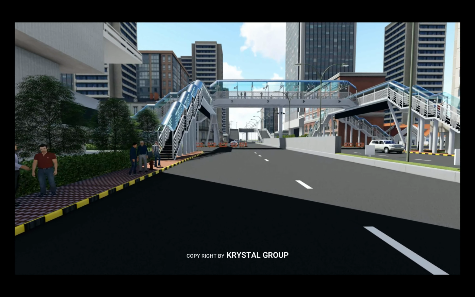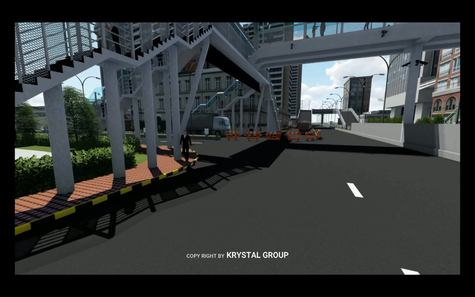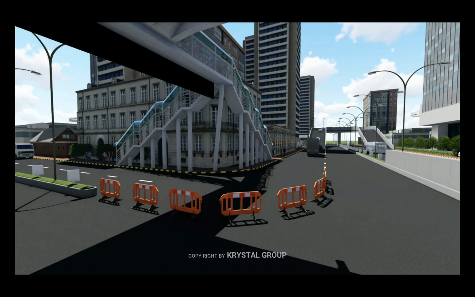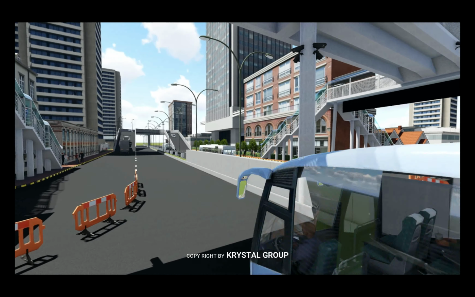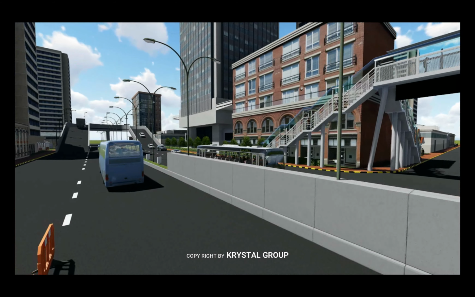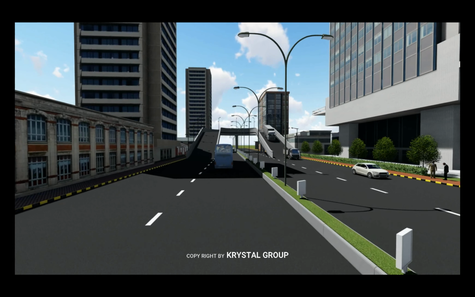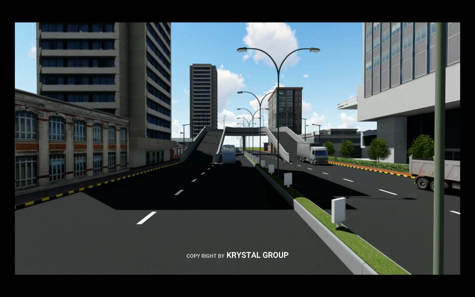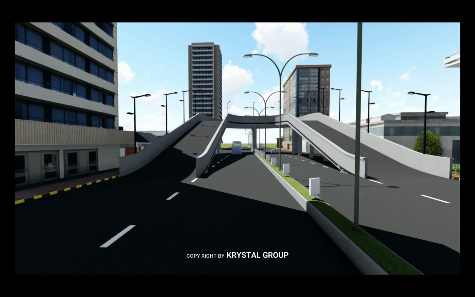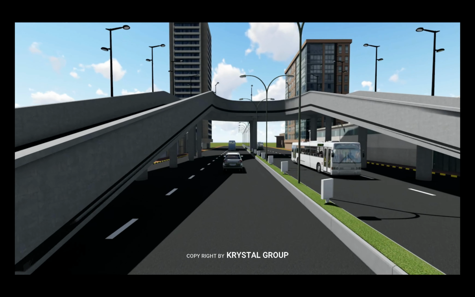For a four-way junction, we have two crossroads. One is the main road and the other is a sub road. As there is no signal required at the junction and vehicles will always be moving towards the destination without being interrupted, due to no logging of vehicles at signals, it saves a lot of time, fuel, and money lost to bottleneck congestion at signals. We have to build two elevated U-turns, as seen in the video, on either side of the main road. There will be a divider right at the center of the junction.